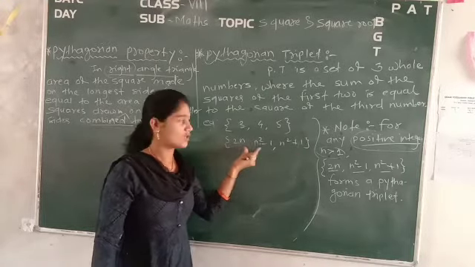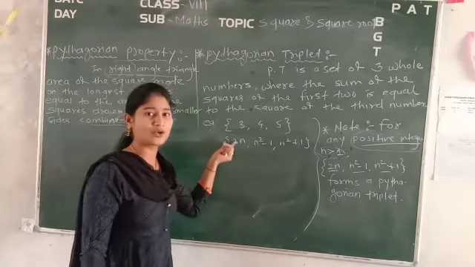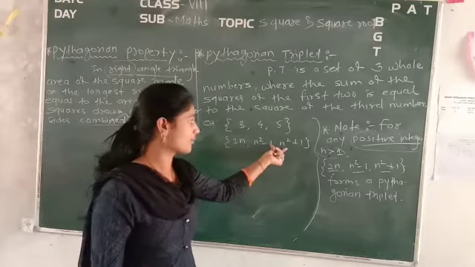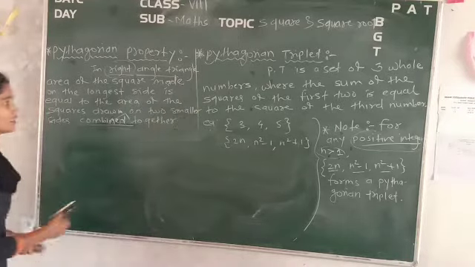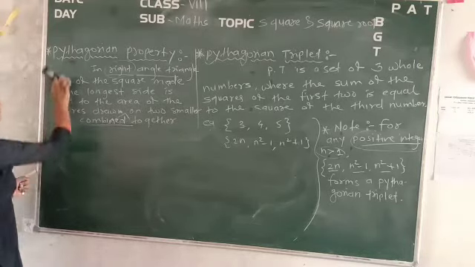Still, we will take one false method that we don't want, so that you will get why we are taking 2n only, and not n square minus 1 or n square plus 1. So just follow. I am erasing this one. If you want, take this screenshot fast. Okay, done.